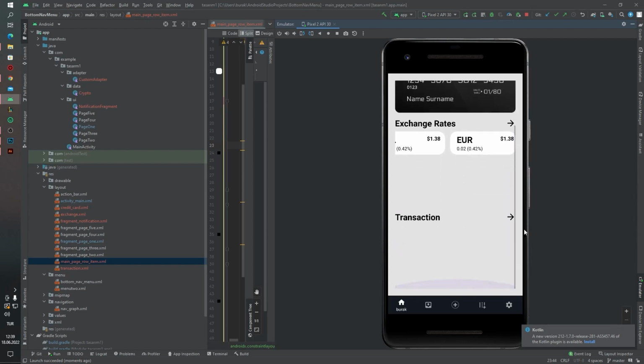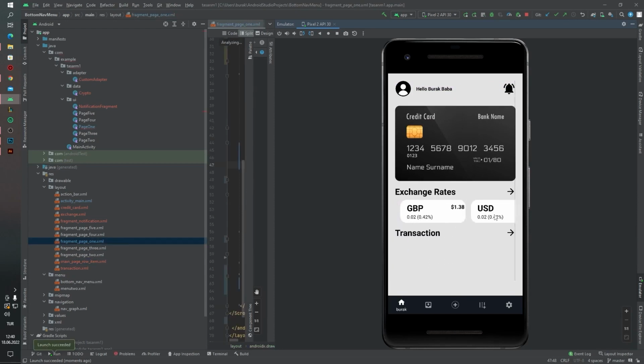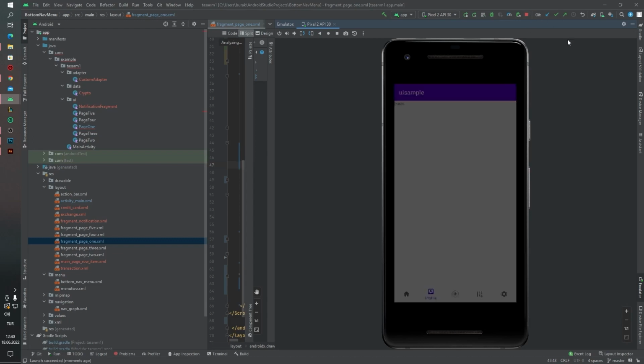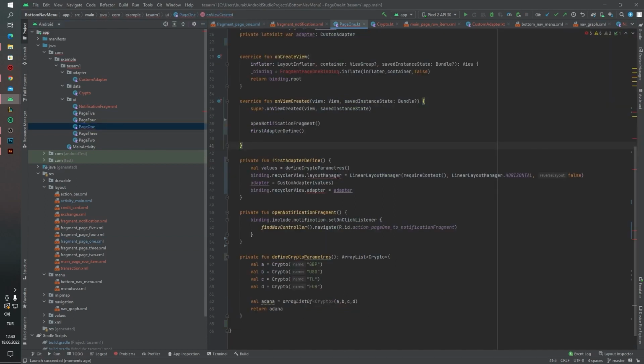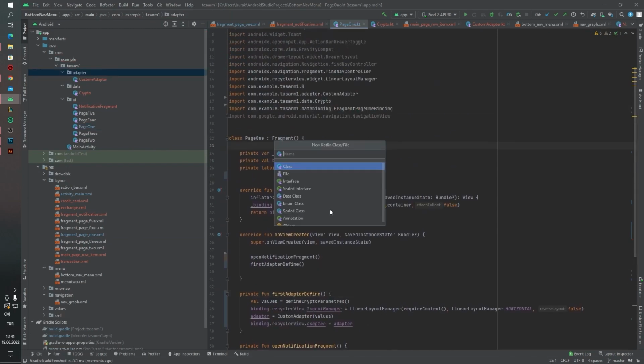And now we can keep going to create our second recycler view. For this, actually, we will do the same thing. We will create a data class. This data class will be transec,